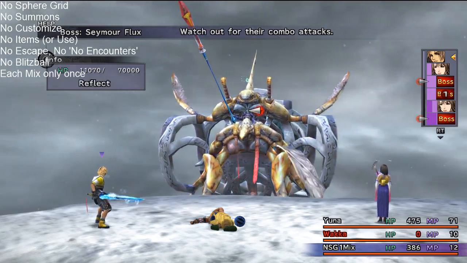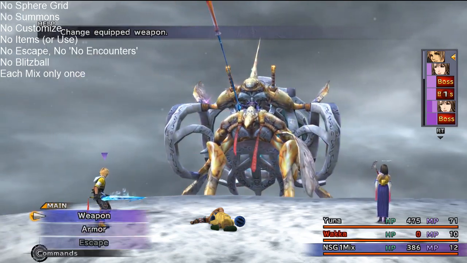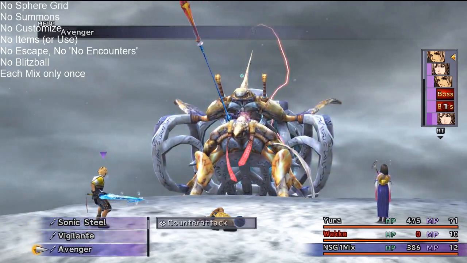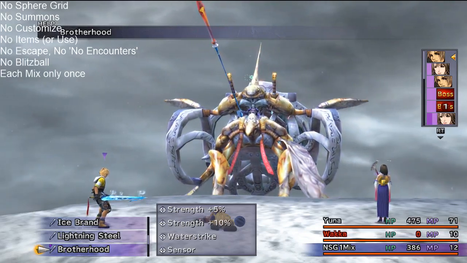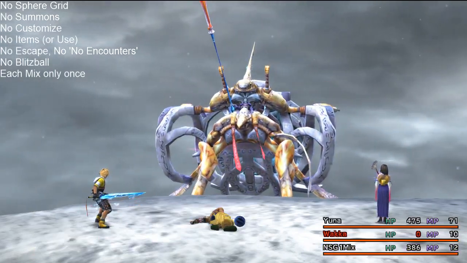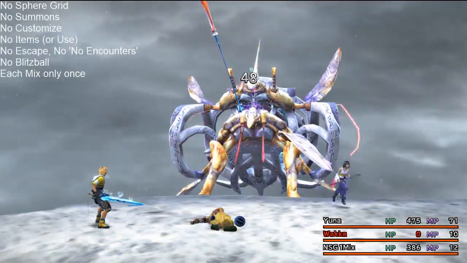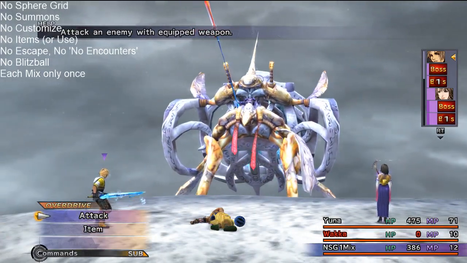I still have auto life on Yuna. I have another attempt to get Silent Strike in here. Yeah, I don't have to. I might be able to save my Tallboy here. Okay, but I didn't inflict silence, so...